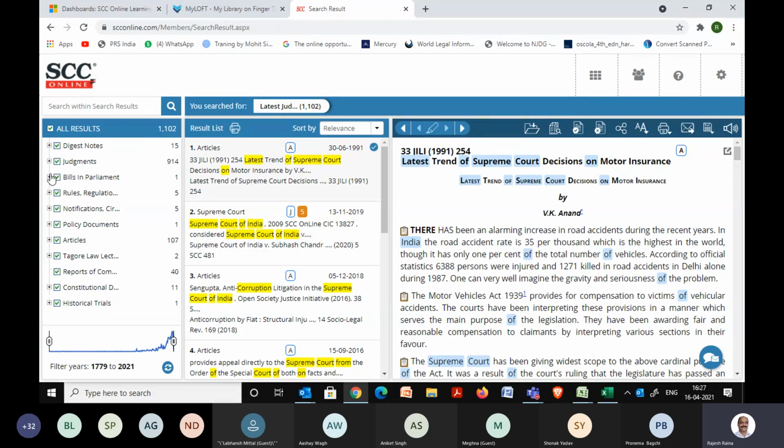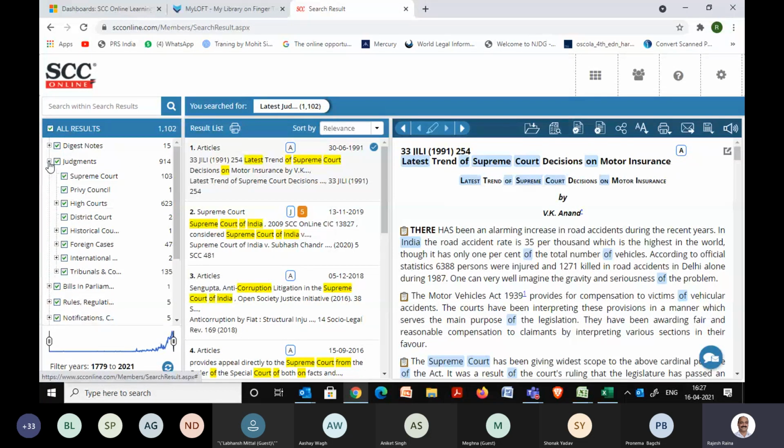Now, if I want only Supreme Court, what I can do is I can just expand this first column, the all results column here, and it will give me bifurcation, Supreme Court so many, and then High Courts also further. I can expand and select the one I want to see in the result list. So for example, in this case, I want only Supreme Court. So I'll click on this only,